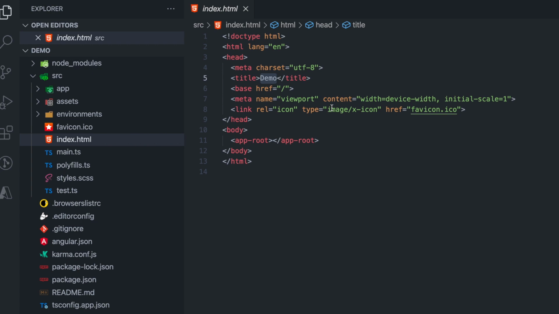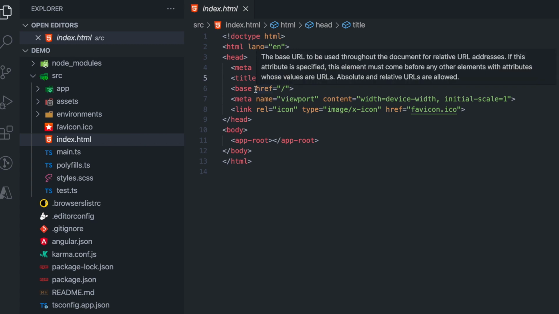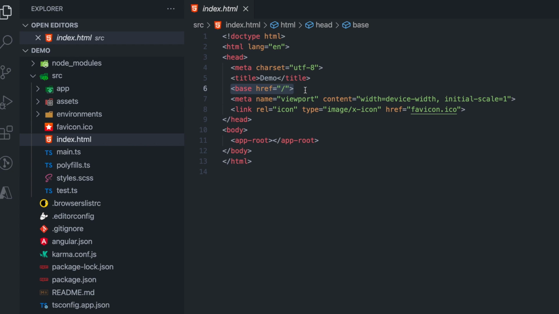Whatever you write in the title is shown on the top of the Chrome bar, or if you have Safari, then it will be shown on Safari. Then we have something called base href, which will go into future videos. Viewport, let's just try to understand that this is some information which we pass to the page which makes this mobile friendly, but we don't have to change anything about it. This is basically saying what kind of icon I want to show on the side when the page launches.